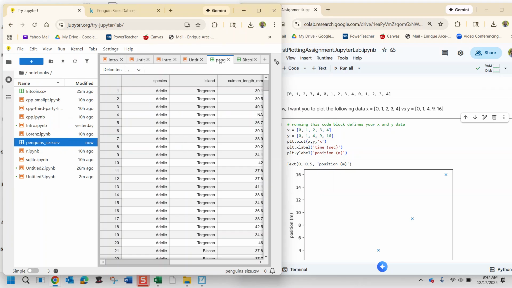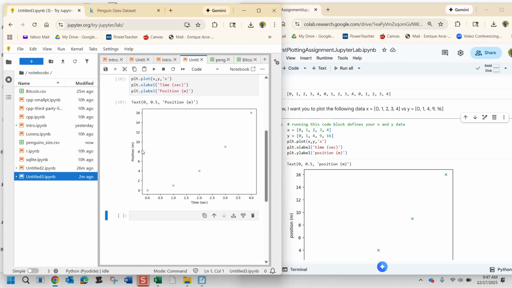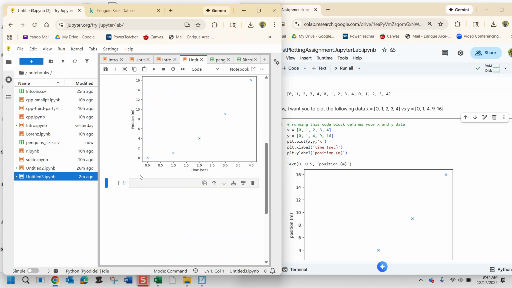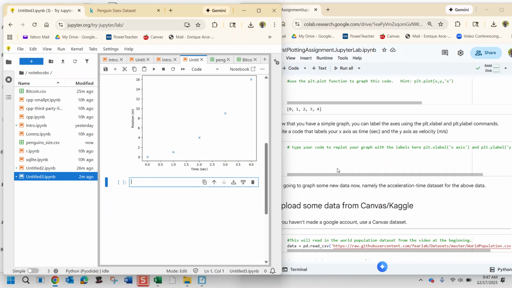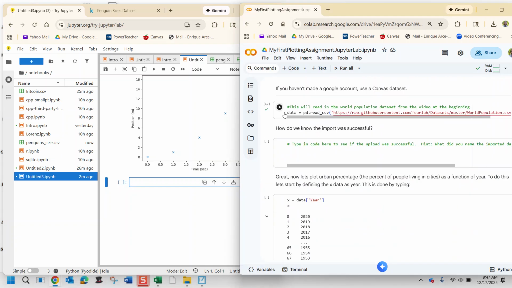It also looks like it opens in a new tab. So I'm going to go over here where I'm working. You needed to have imported pandas to import your file, which we already have if we ran the code. So the command is read CSV. I'm going to copy and paste it. It's down here in this file right here. So data, copy, oh my gosh. I'm just going to copy the whole thing. Copy,